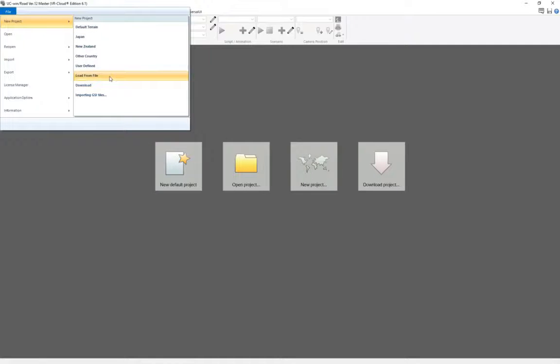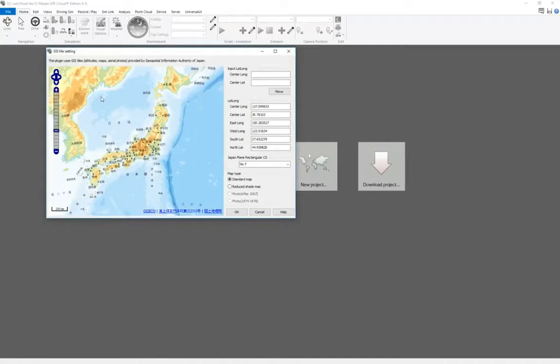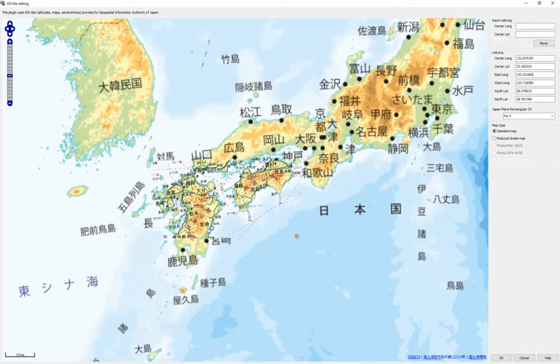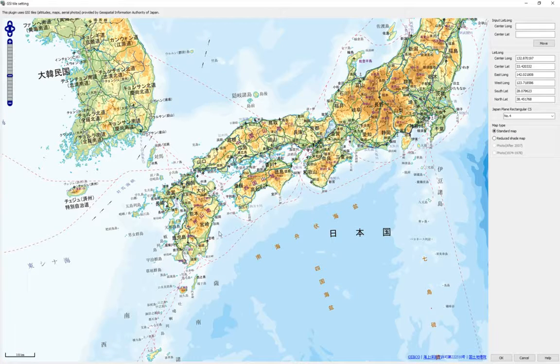You can use Load from File to load some GeoTIFF data file. You can download a sample from our database, and you can use this new feature in order to import some terrain in Japan again, but with some satellite picture applied to the terrain. So this is using a web service, a free web service provided in Japan that provides all the land information, which is some map data, as you can see, the elevation data, and some satellite pictures.